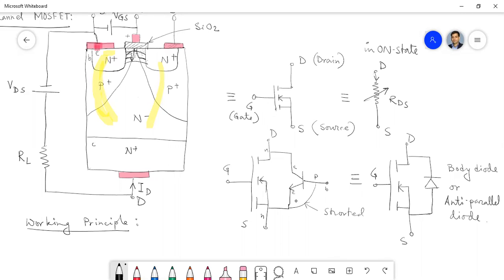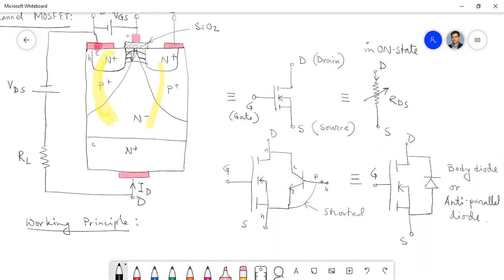We should get the transistor with a floating base, but we have extended the metal contact to the P substrate, and we have made the N plus and P plus regions short. By that, we are shorting the emitter and base junction of the